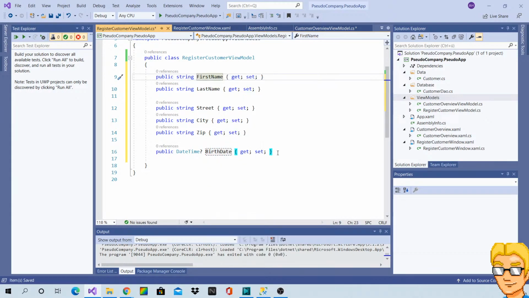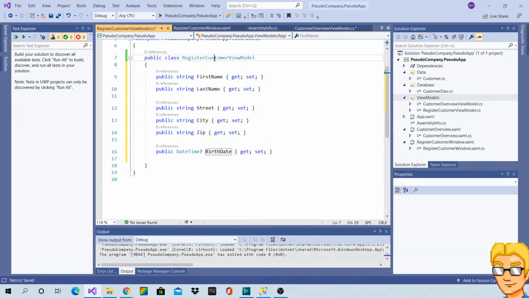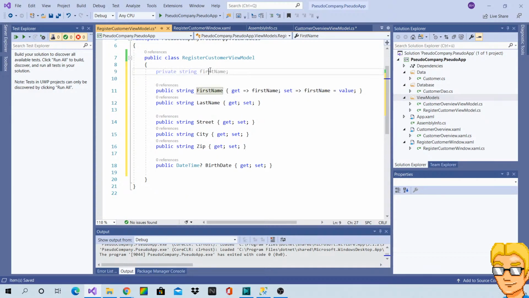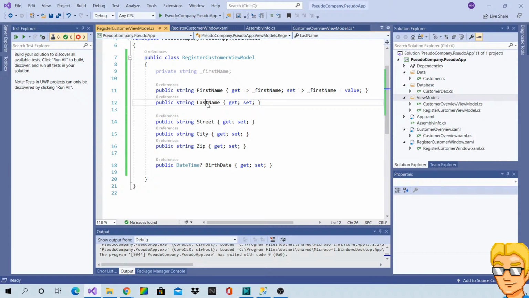I'm actually going to, can I do that with all of them at once? No, of course not. I'm actually going to convert those to full properties. Gotta be consistent.